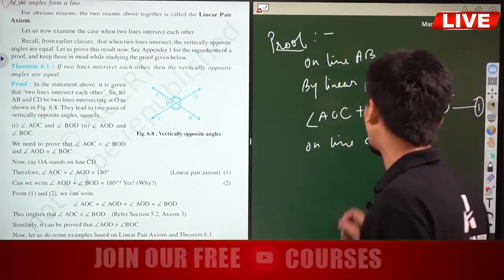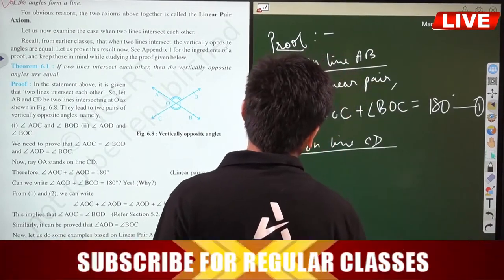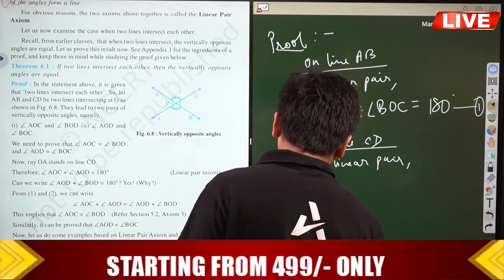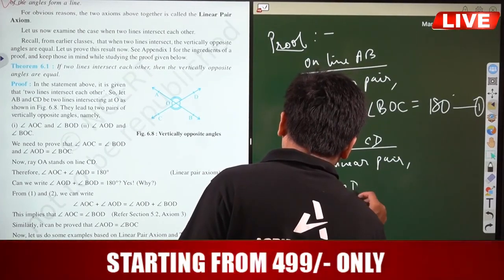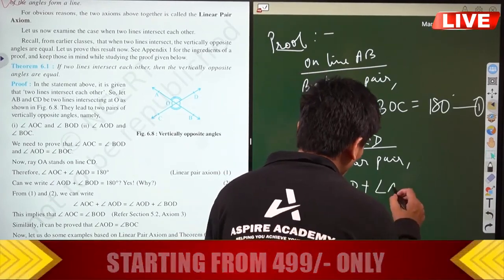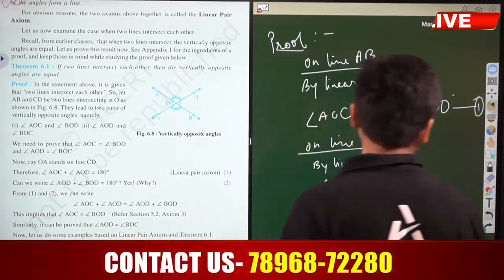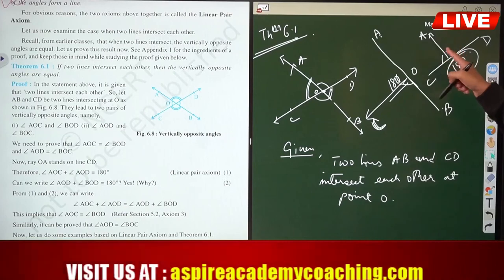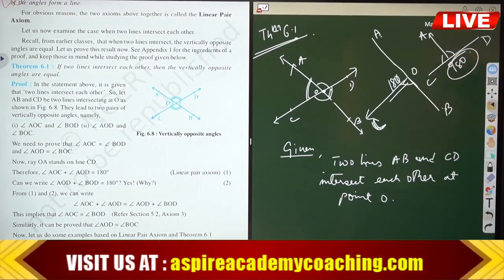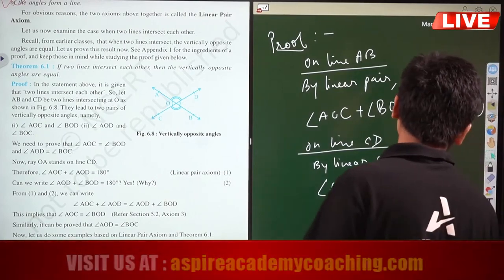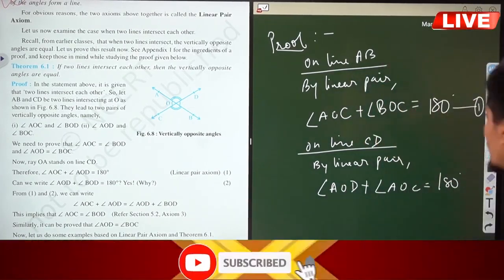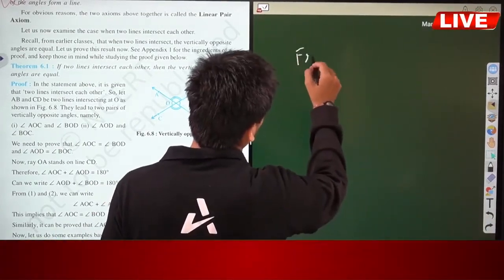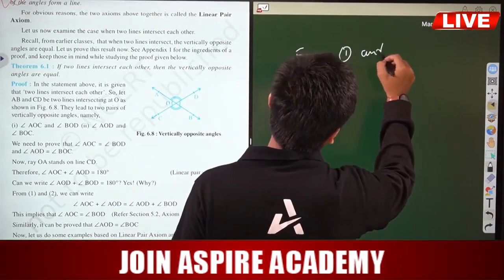So therefore, on line CD by linear pair, angle AOD plus angle AOC is equal to 180 degrees. Let this be equation 2. Now from 1 and 2,